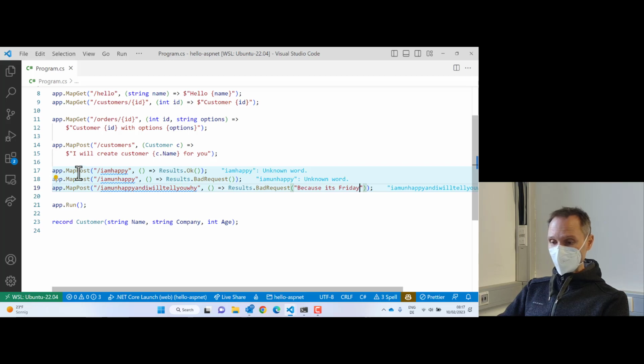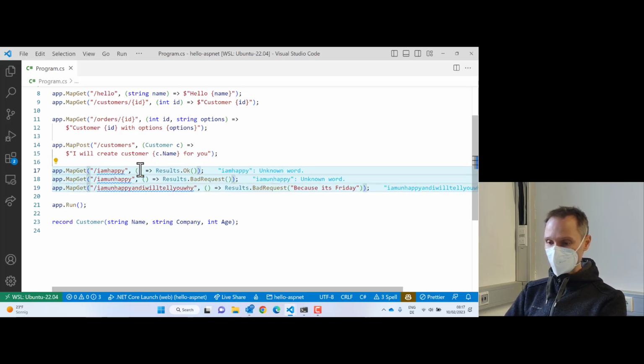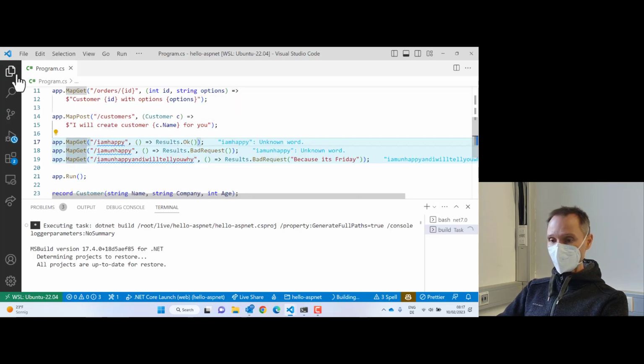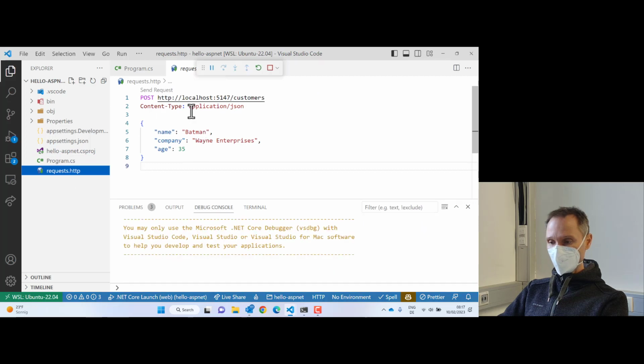Let's try it. Oh, I made a mistake. I didn't want to do POST. I wanted GET, so please change that to GET. I'm sorry, I did something wrong here. And if you have that, you can try it. Run it by running the debugger. And then I am going to use my